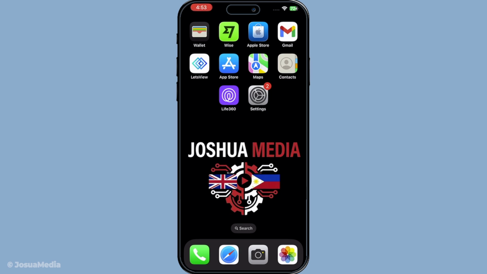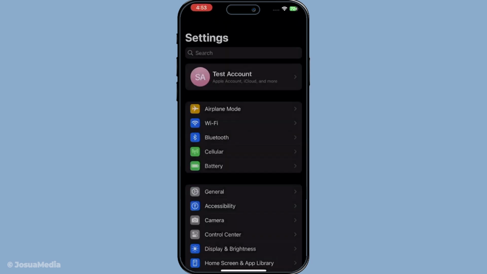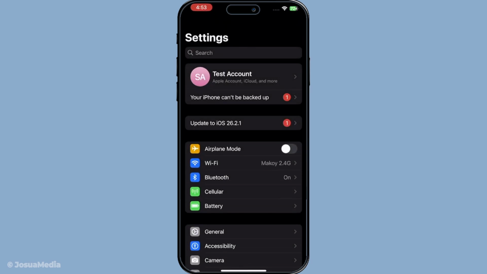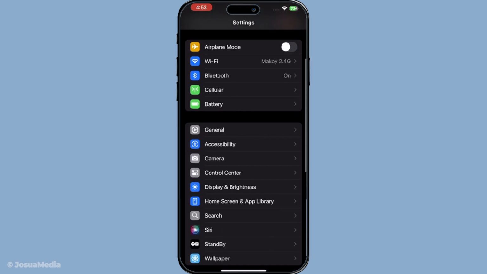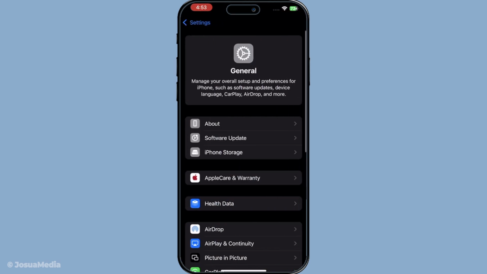I'm holding my iPhone here, and the first thing I'm going to do is open up the Settings app. You know, the little gear icon that's usually on your home screen. I'm going to tap that to get into all the system settings. Once I'm in settings, I'm scrolling down just a little bit until I see General. It's right around the middle of the list, so I tap on that to open up the general settings for